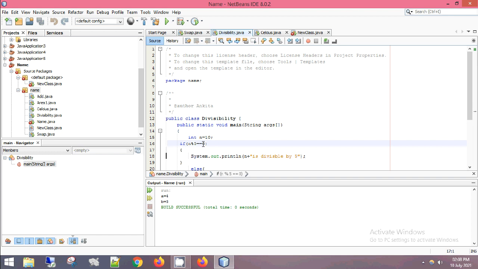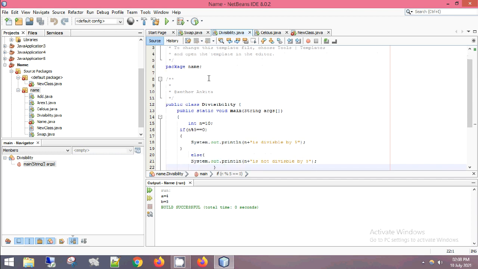Then System.out.println n plus, appended by whatever we want to print, that is divisible by 5. Otherwise, what will happen, System.out.println n plus is not divisible by 5.